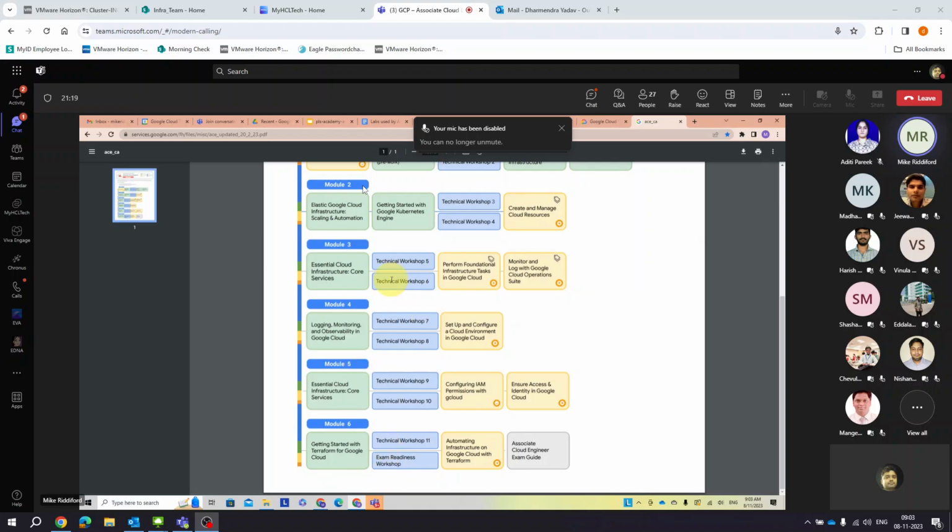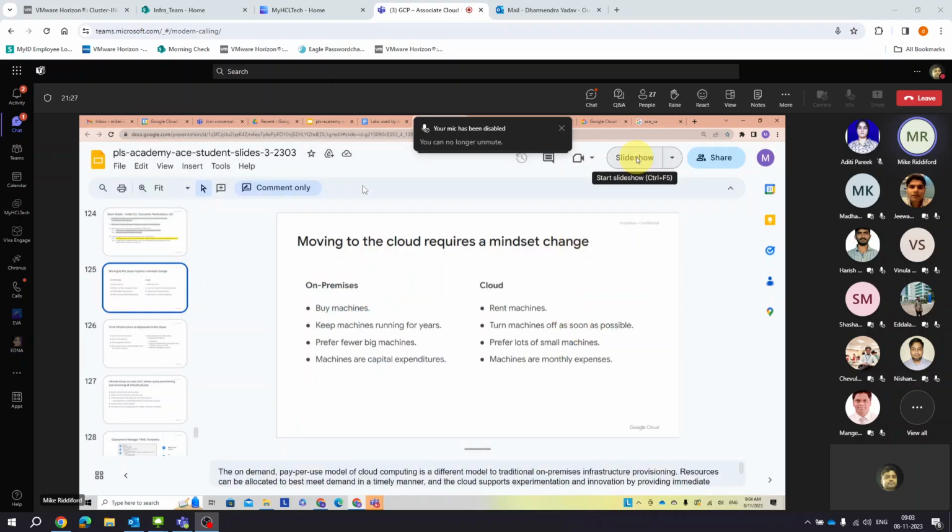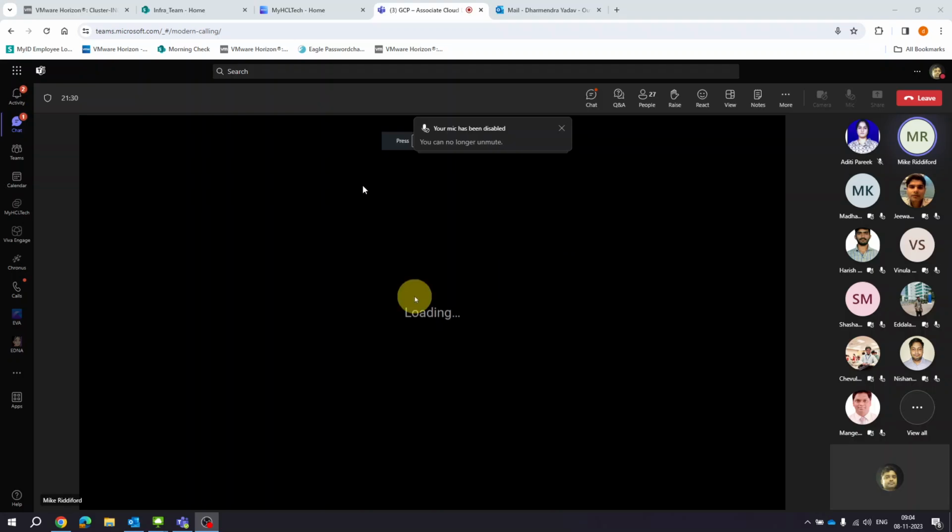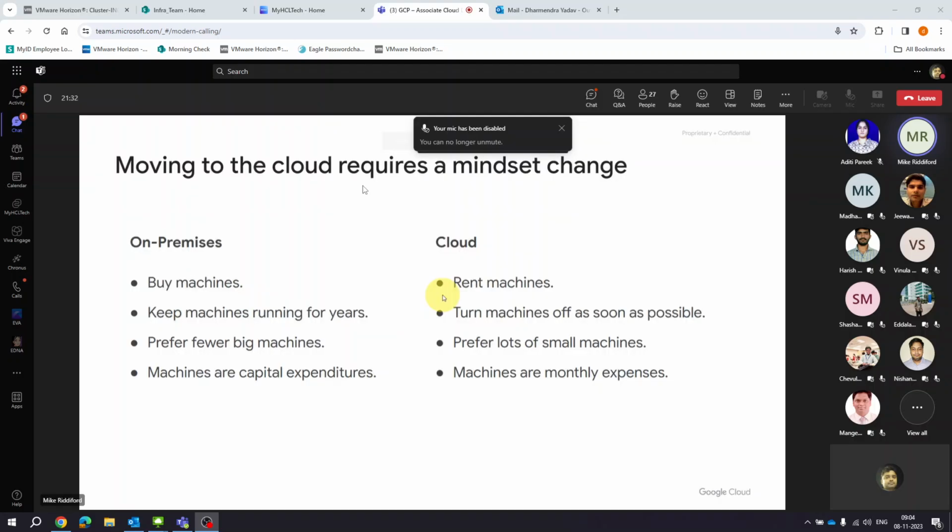Okay, so we're just going to finish off a topic from yesterday that we didn't complete yesterday, and that is about infrastructure as code, right? So